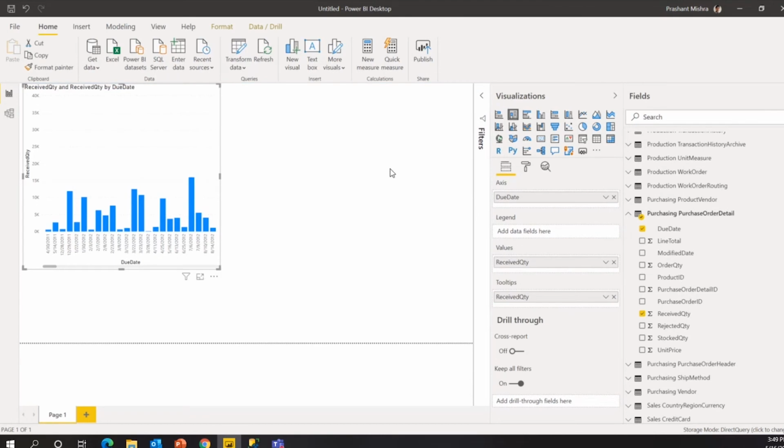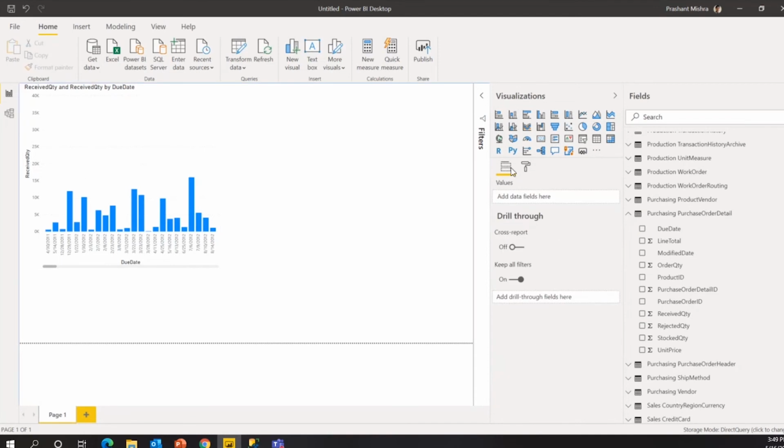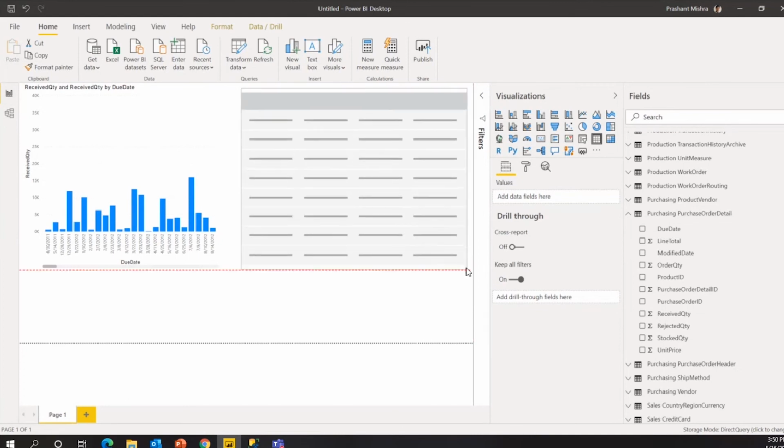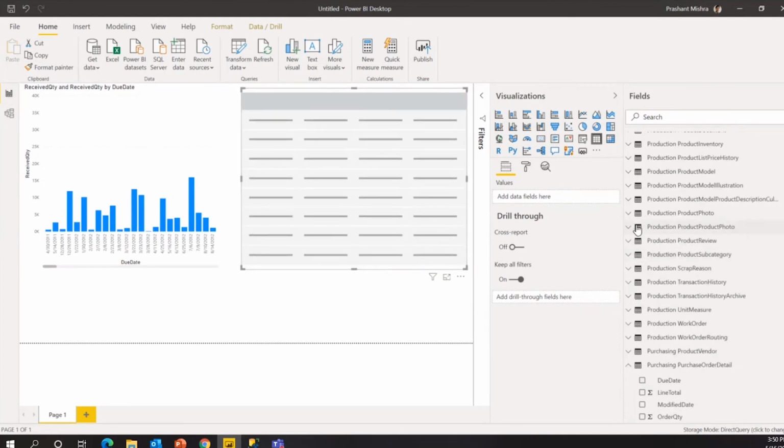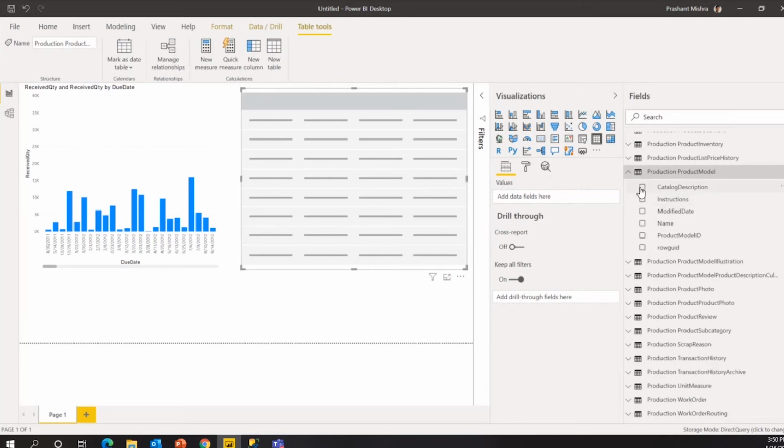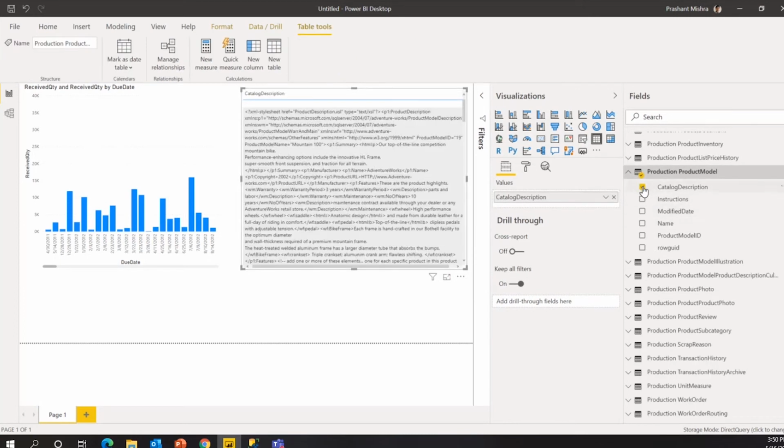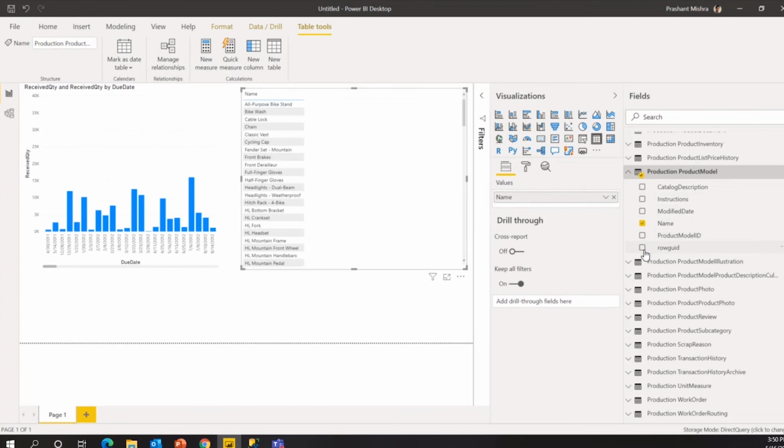Now, similar way, you can bring in even other charts here. Okay. And simple way means you don't have to do anything much. And let me show you even other charts or maybe even a table, right? So this is a table. I bring it here. And maybe I just want to show some data in simple tabular format and maybe product model. Let's go here. Description. That's bad example. Name.